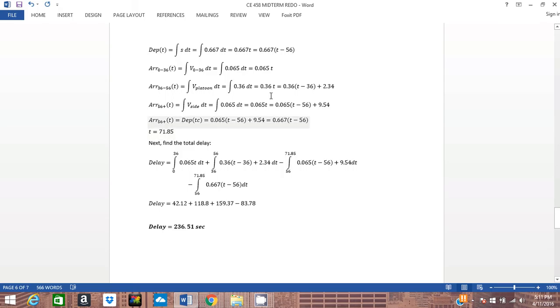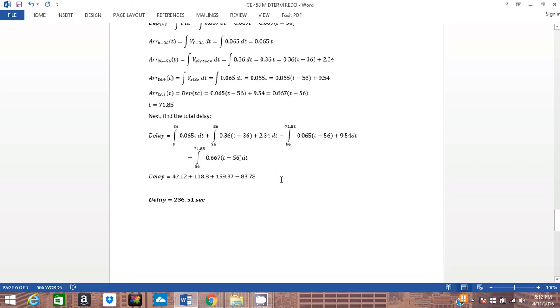And once you get these, you're going to set your arrivals of 56 up equal to our departures. And this is going to give us a T value in seconds. And then we're going to plug that in to find our total delay. That's going to be one of our bounds for these last two. So once you do all that, you just integrate one more time. And that's going to give you these numbers, and you add them together or subtract, whatever you need to do to find your total delay, which we found right here to be